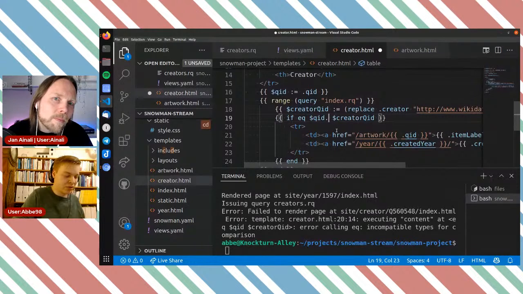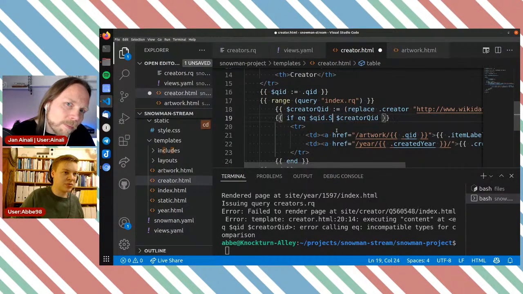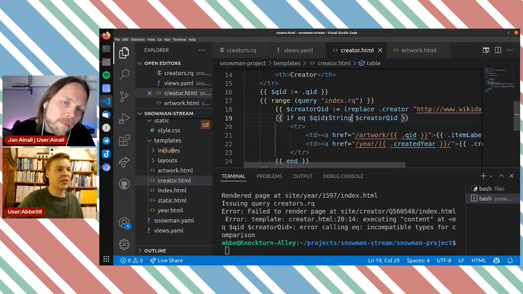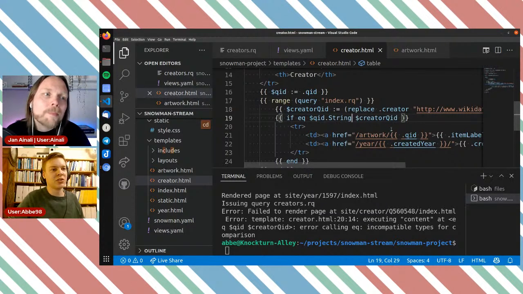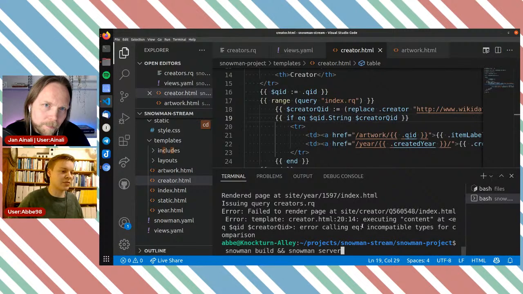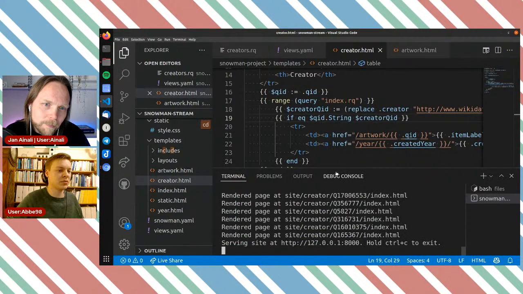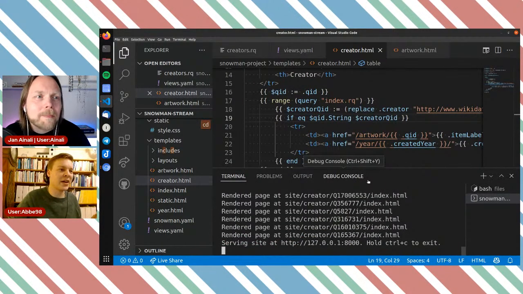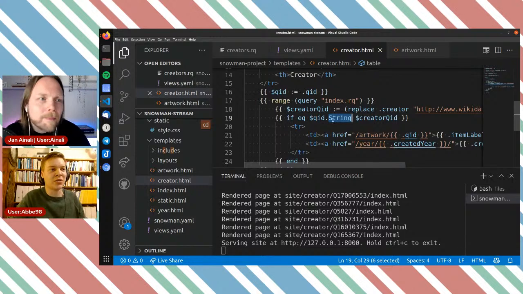So what if we call string, because we can still manually convert this to a string. So we can say the QID string should be compared to this creator QID. So let's see if that does the trick, or maybe, that did the trick. So we had one part where it was an RDF literal and a raw string.